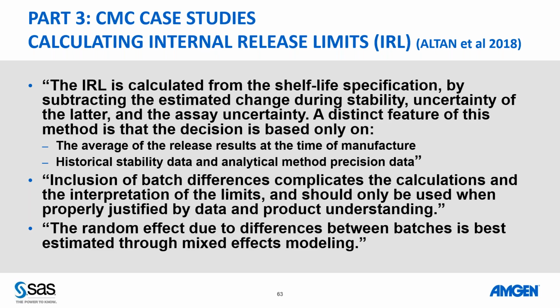one of my favorite quotes, I was mentioning that to Stan earlier. The batch differences, that's the batch to batch. Batch here is what we call lot. That's the lot to lot variation. And it complicates the calculations. You saw how elaborate the calculations were because we're taking into account the lot to lot variation. We need to take into account for each of the data sets the within lot variation at time 0, okay? And that's the intercept, the different intercepts for the different lots, and the different variation around the slope for the different lots. So that's a random effect. So if you're in the frequentist framework, that will be a mixed effect model. Okay.